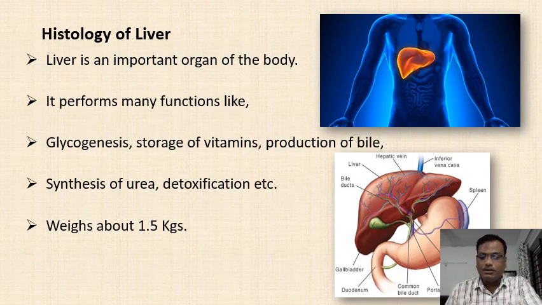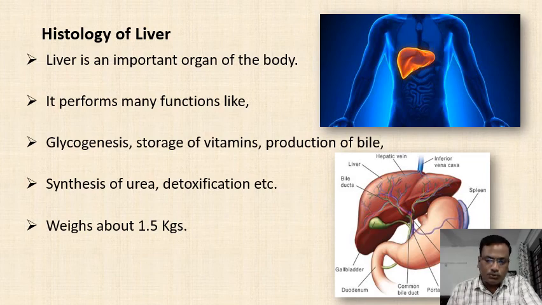And functions like glycogenesis. So the excess amount of glucose which is available in the intestine or in the blood, if we consume more carbohydrate, will be converted into glycogen. That process takes place in the liver, and glycogen is stored in the liver itself. Whereas the vitamins, the excess amount of vitamins, are stored in the liver,